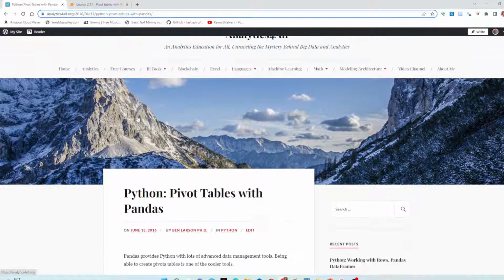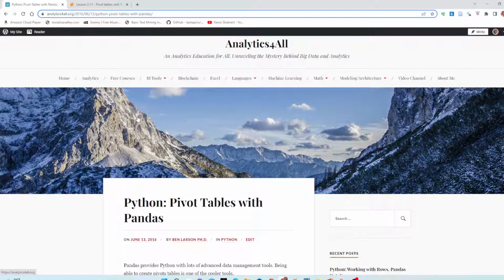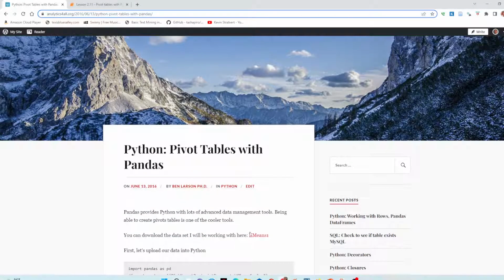As with all my lessons, I have a full write-up on my website, analyticsforall.org. I'll put a link down in the description. For this lesson in particular, if you scroll down, you're going to see I have a file, K-means1, you can download here, the data set I'll be working with. In case you're wondering, K-means is the name of an unsupervised machine learning method, and this data set was from a K-means job I was doing earlier. So it's actually a data set you'll be seeing in later lessons. But for now, you can just download it, and we'll pop over to our